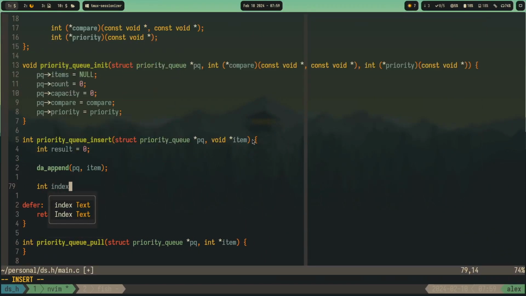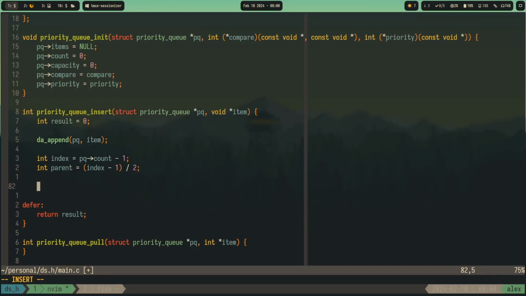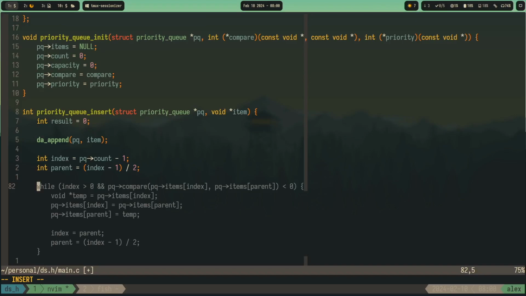So int index is gonna be the count minus 1. Okay. And we also have the parent, which is gonna be index minus 1 divided by 2, as we just discovered. And the comparison, let's just say the comparison is gonna be